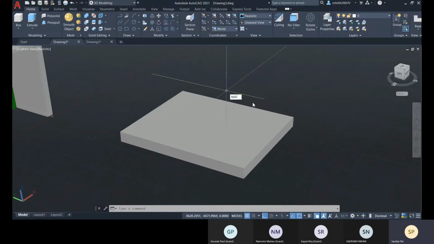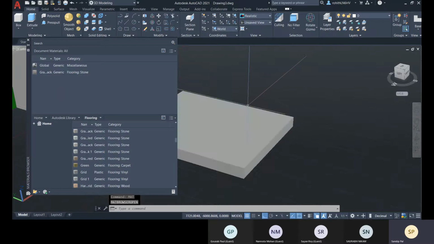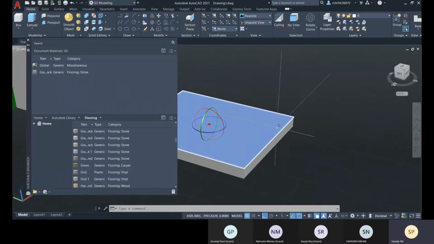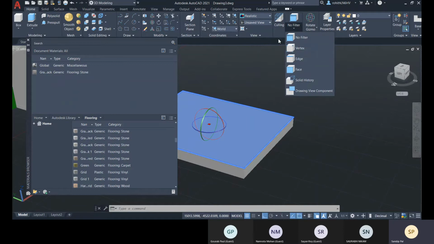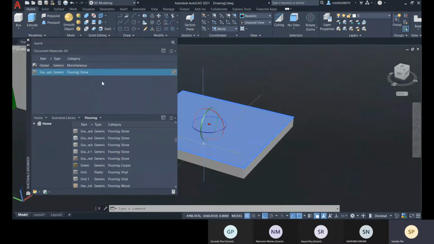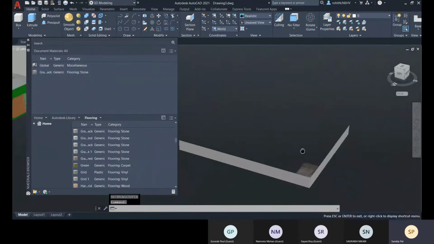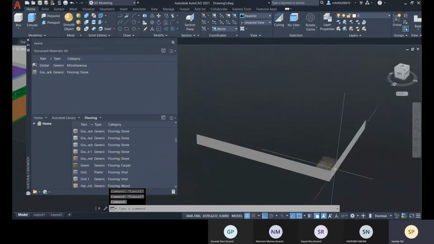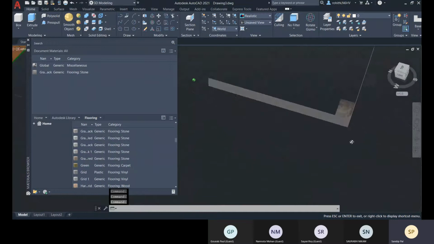So let me open the material browser, and what you do is, with control you select this face. You can select the face or edge by holding the control key, which means you are filtering. That is the shortcut for filtering vertex, edge, face. So if you select this face and then right click and go to assign selection, and there you see this is right now only applied to this face. And let me check